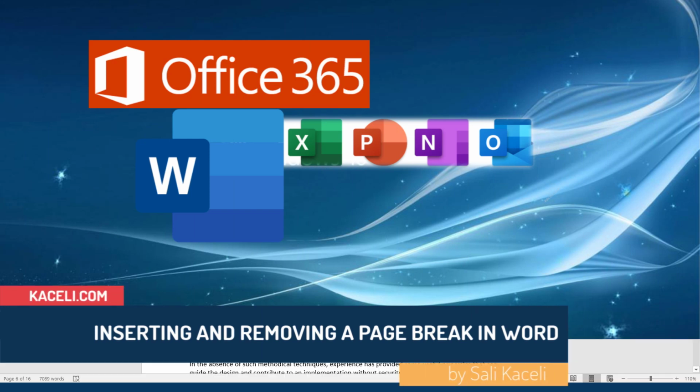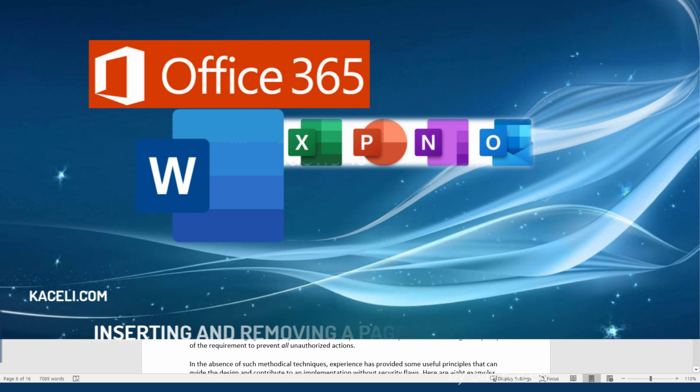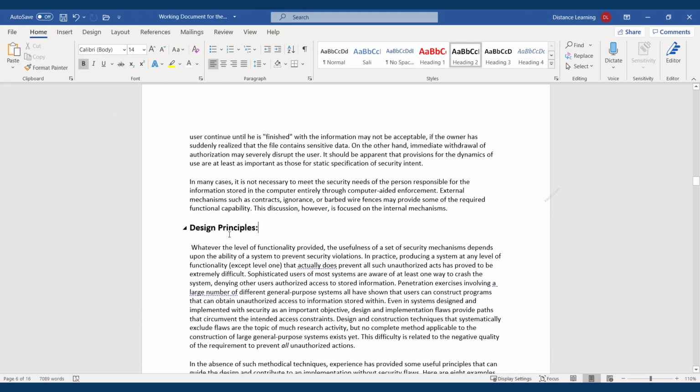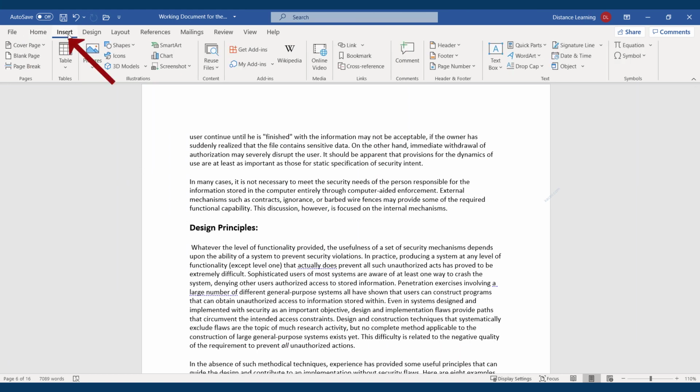In this segment of the Word tutorial, I'll demonstrate how to insert a page break in a document. So let's say we have this document and we want this to always start on a new page. So this heading to be always on a new page. So we go here under the Insert tab and we choose to add a page break. So we basically click right in front of that heading